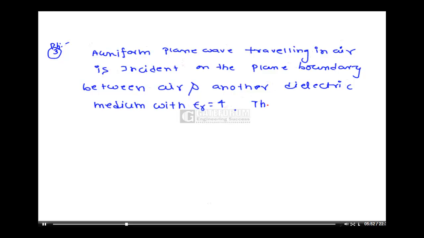The reflection coefficient for the normal incidence is